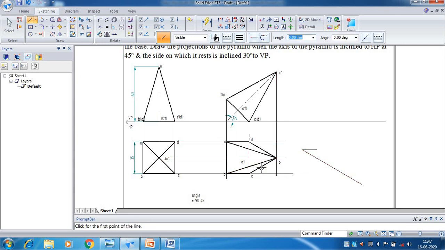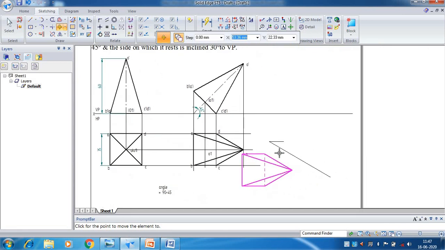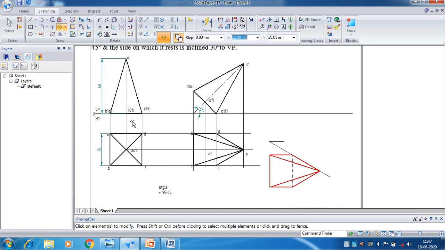So now you can make use of the move and rotate commands, but before using those commands you need to group the elements. Go to block, select group. First select the base edges. In a hurry, don't select the projection lines. After selecting, you have to press enter. Then go to move command. Copy should be on. First click anywhere. Then while moving you have to hold either D or C, because our aim is to bring this DC on this reference line. So I will hold this corner D. I will place it on this reference line. Look for on element symbol. Then to come out of that command, right click.